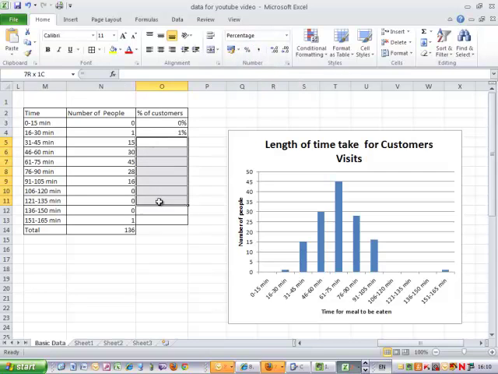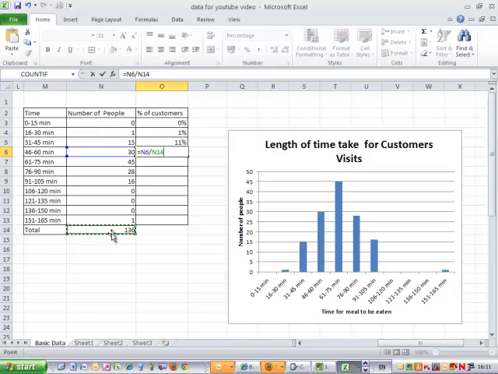In fact, if I turn them all into percentages, I won't even need to click that part. So equals the value divided by the total, enter. And I could go on using that formula, but there's a way that I could do it more quickly using something called absolute referencing. To do that, I use exactly the same formula, equals the value divided by the total,